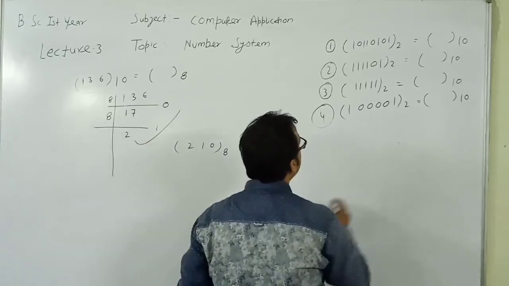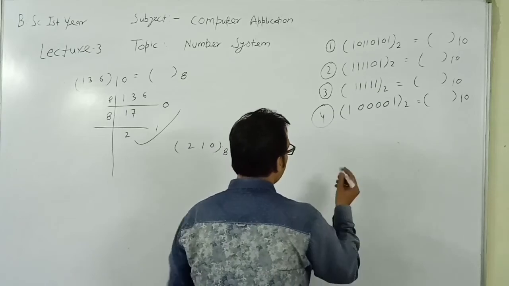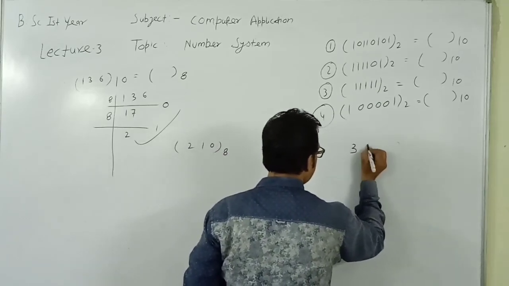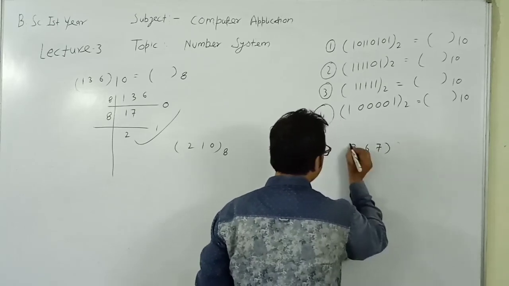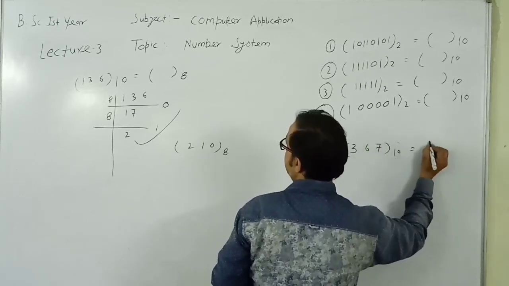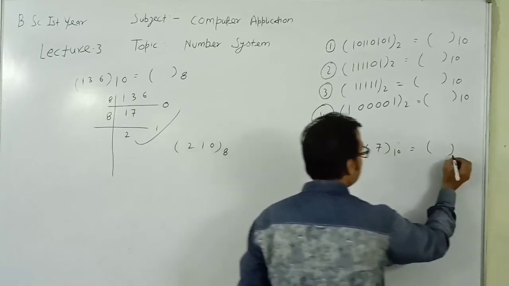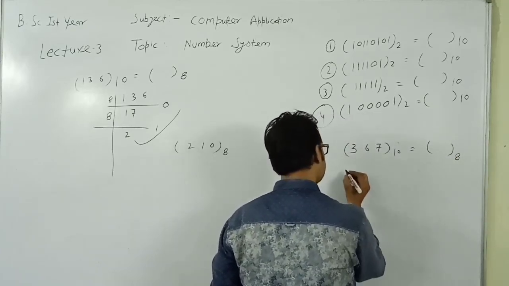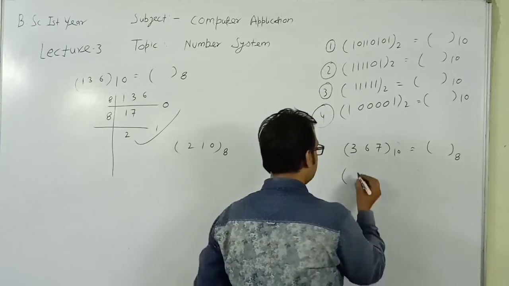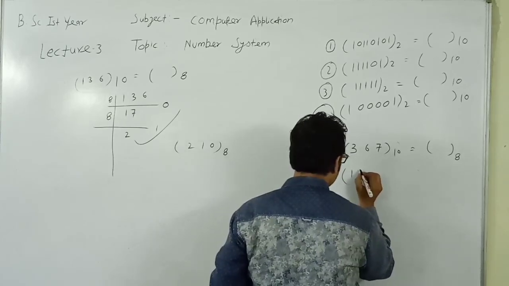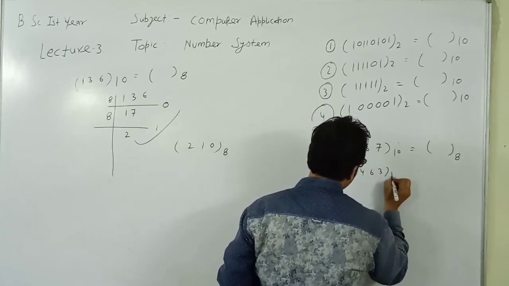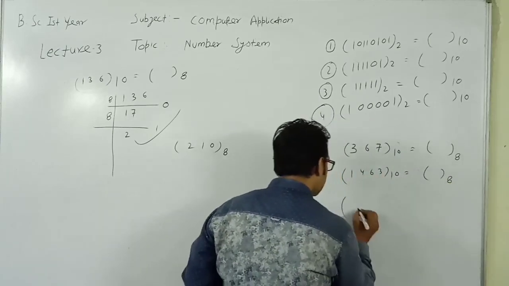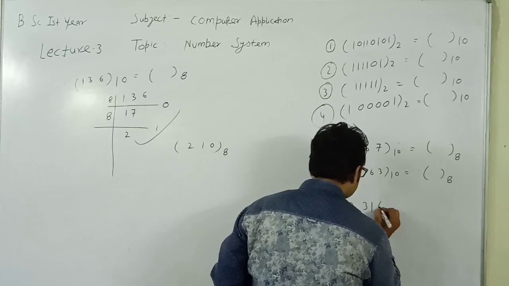So these are the 4 homework questions. One is 367 base 10. You have to convert it into octal. Now one 463 base 10. You have to convert it in octal. 2316